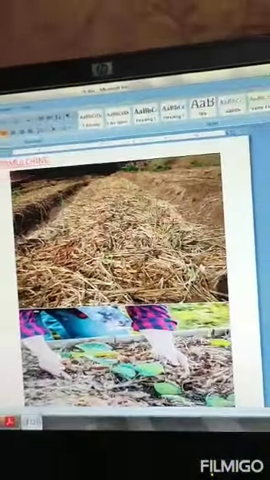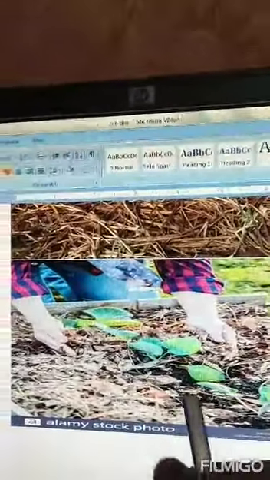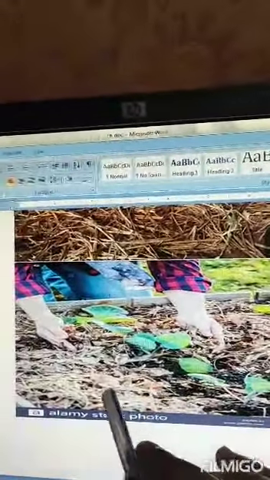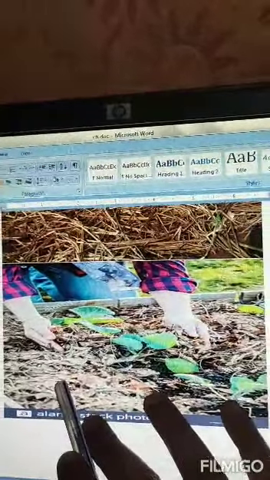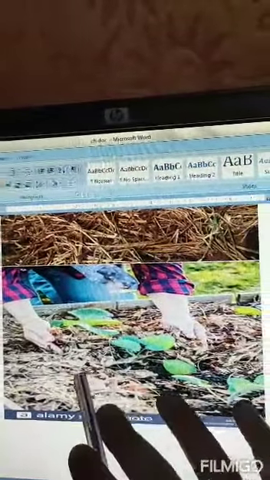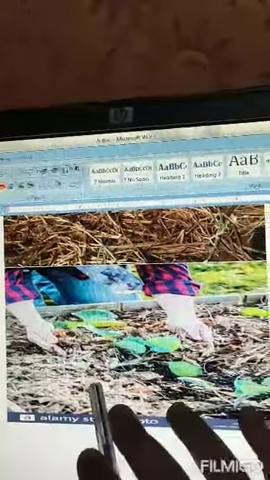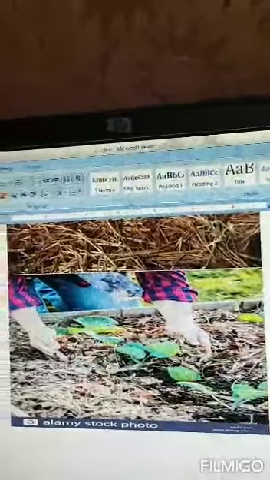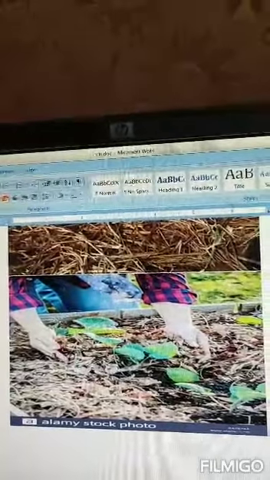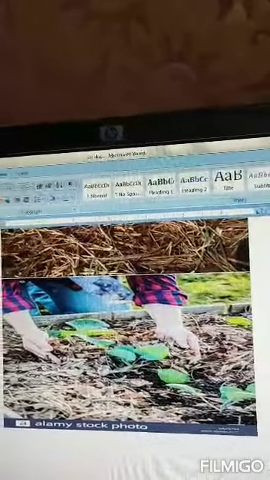Similarly in this picture also, a cabbage crop is being grown and the part of the ground that is bare is covered with dry leaves and straw. Due to this, erosion of soil is less from the bare area.